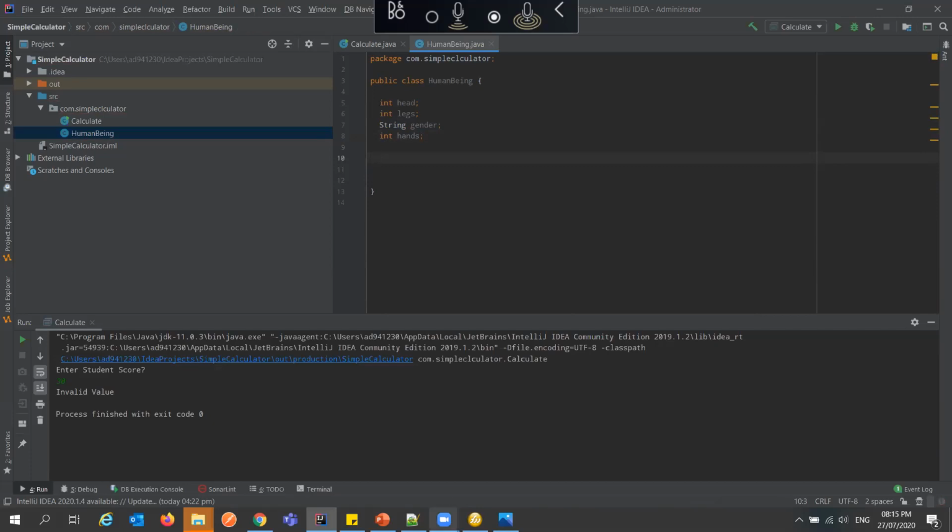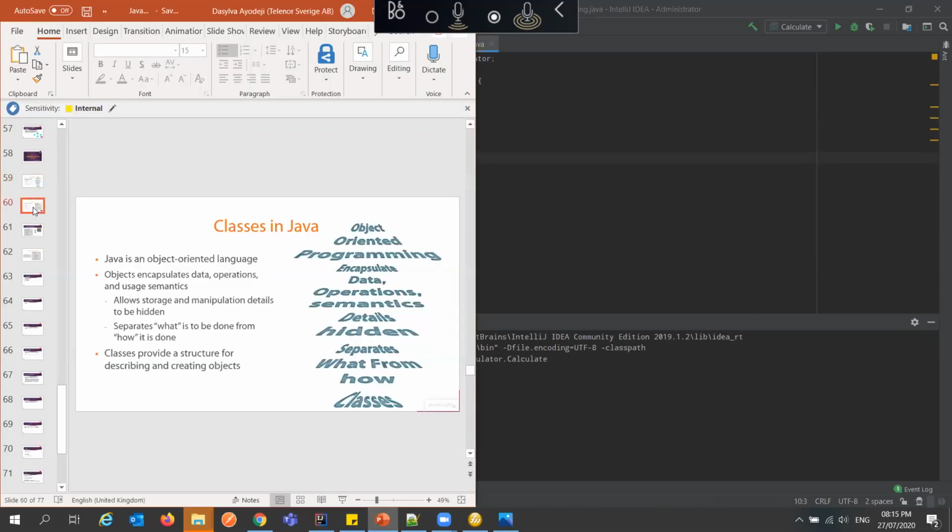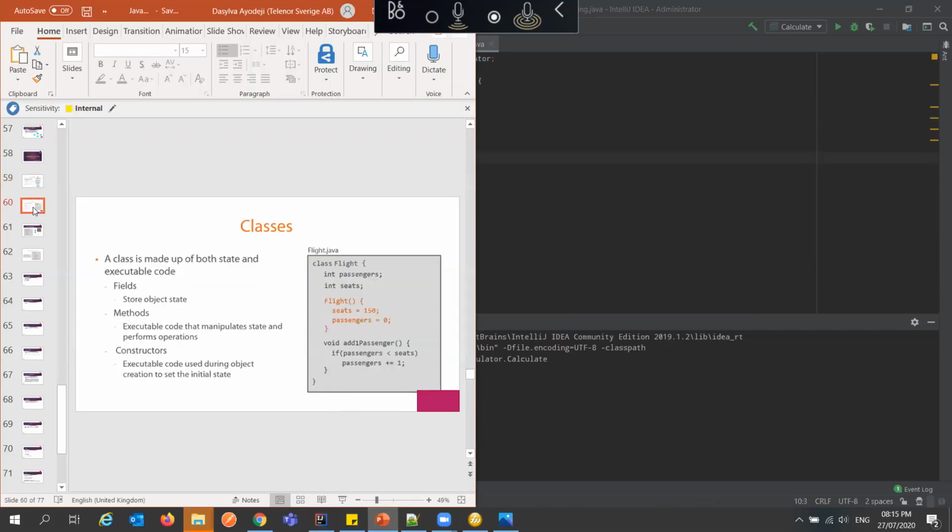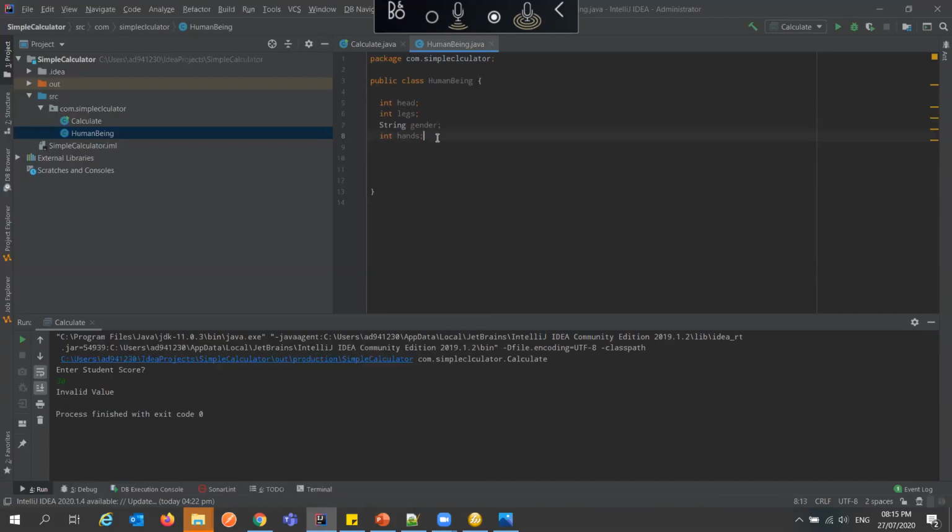Okay. All right, so now, having done this, we have declared the attributes or fields of a class. If you go to your slide, it mentions something like that, I'm sure, somewhere. Yes, it says a class adds what? Fields, where we store object state. This is more confusing, but just follow me, okay? We have them. These are the fields, which are the attributes of a class, human, okay?